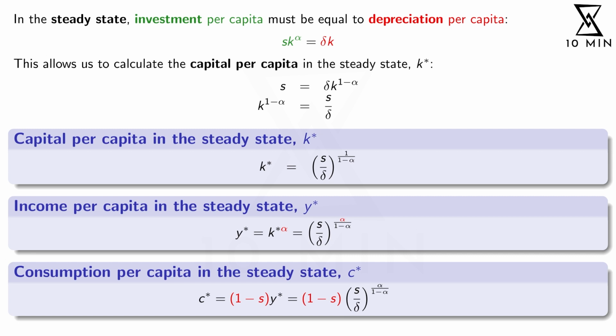Of course, there is a way to find out which savings rate would maximize our long run consumption. We can use the so-called golden rule for that. But I think for today that's enough. So I'm going to make a new video on the golden rule, and that's also going to discuss the effect of population growth.